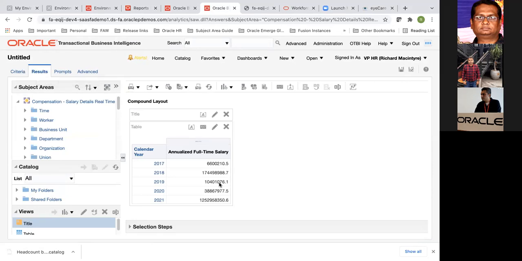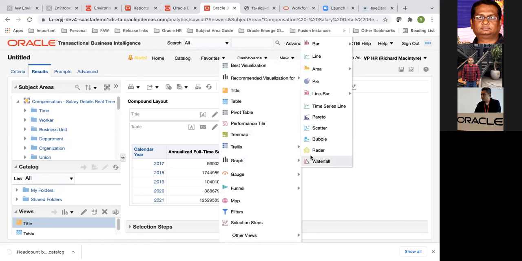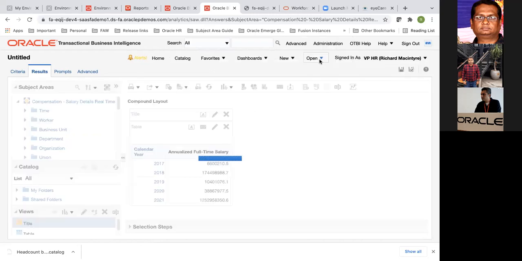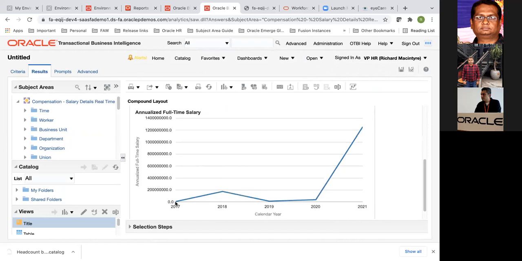Yeah, so this one again, if I see it as a trend, it can give me a good picture of where I stand. From 17 to 18 there was an increase, from 18 to 19 there was a decrease, and 19 to 20 it remained almost flat, but in 2021 it zoomed up.